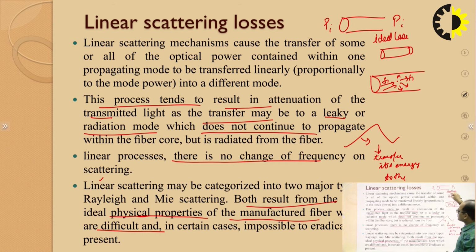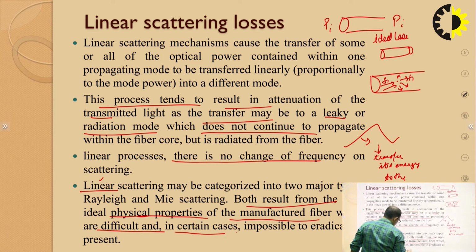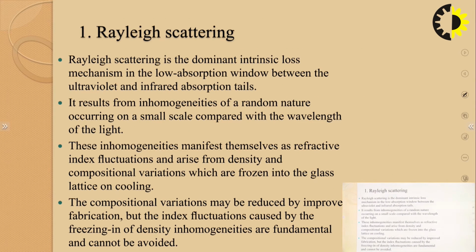Some non-ideal properties of the optical fiber cable cause scattering, and this scattering is linear scattering. Due to the non-ideal properties, it is difficult or impossible to eradicate at present. Clear? So Rayleigh scattering is a